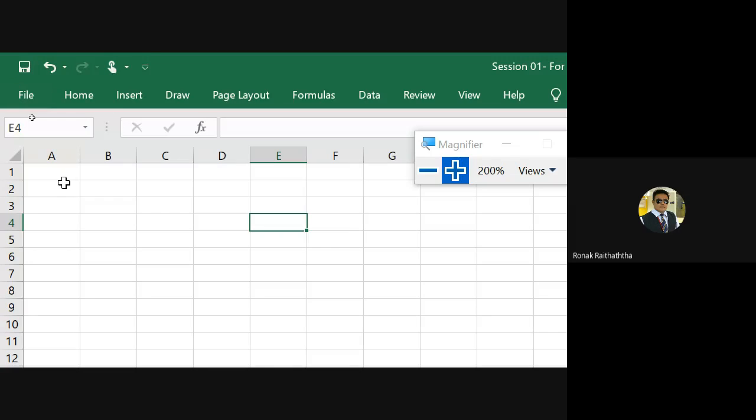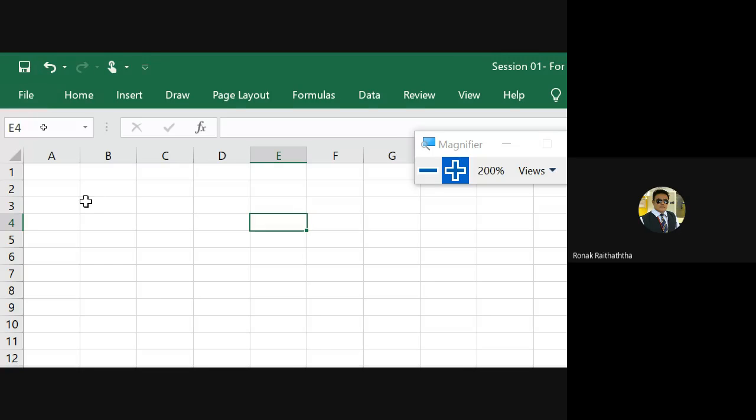Based on the navigation you do from one cell to another, it will also change the cell address in the address bar. This is called the address bar. Please put it in the back of your mind. So I'm right now giving you clarification about the various terminologies which I'm going to use in further sessions. So this is my address bar.